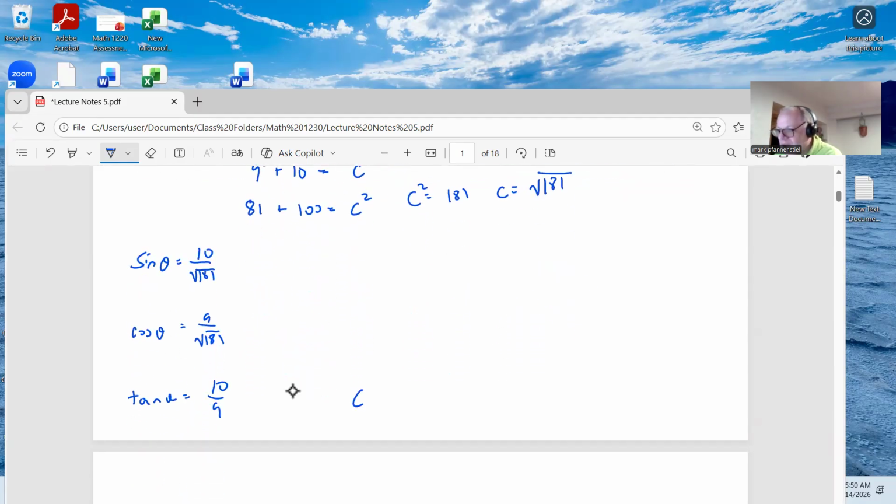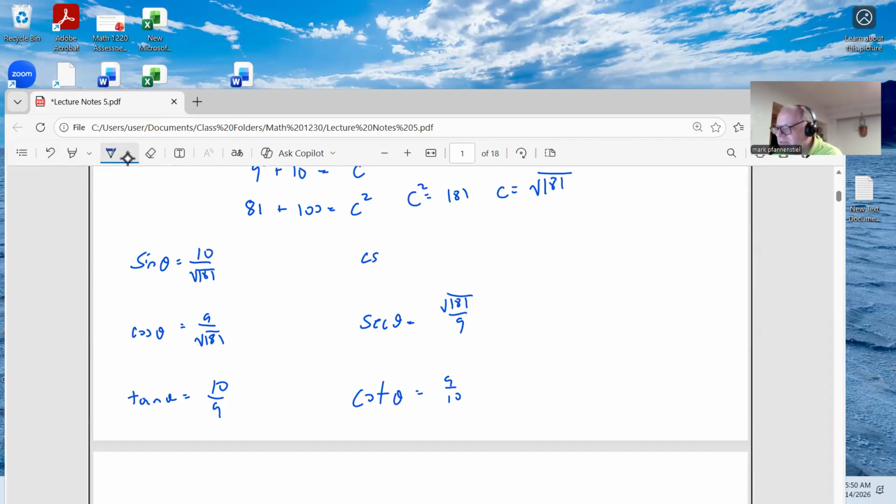And then we have to figure out all 6 of them. So we have the cotangent of this angle is equal to 9 over 10. The secant of this angle is 1 over the cosine, so that's going to be the square root of 181 divided by 9. And then we have the cosecant of this angle. Okay, let's write that properly. So we can go ahead and write that down. Oh, we don't want that one, we want this one. Get rid of all of that. All right, so the cosecant of this angle is equal to the square root of 181